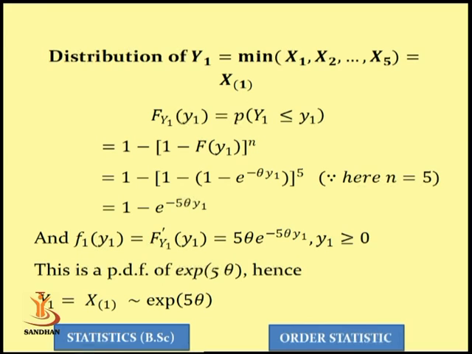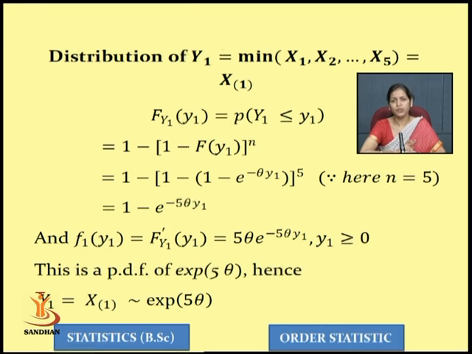So now whatever distributions we have discussed, we consider all of them with the help of this example. So first of all, the distribution of the minimum, that is the minimum of y1, y2, ..., y5, or it is x of 1. As you know the form, it is 1 minus (1 minus F of y1) power n, the distribution function of the minimum. So substituting here the distribution function of the exponential, you are going to get the distribution function of the minimum as 1 minus e raised to minus 5 theta y1, and from this distribution function you can derive the density function of the minimum order statistic, that is f1 of y1.